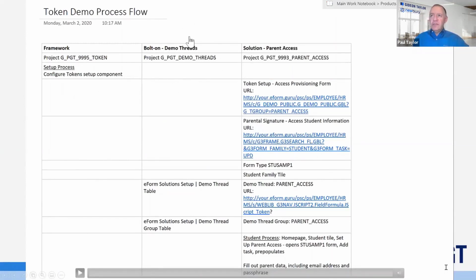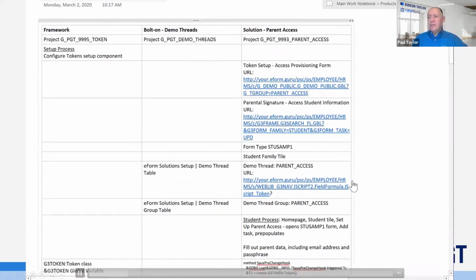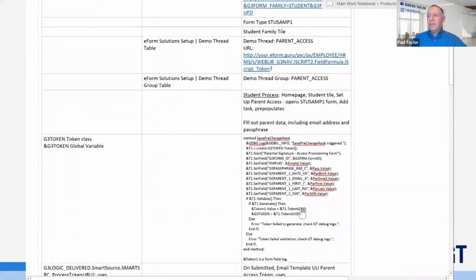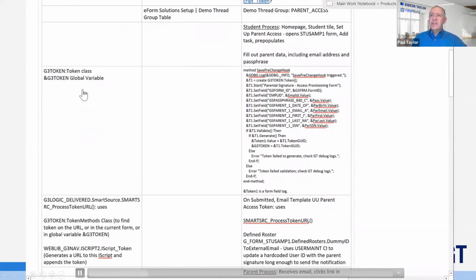We used some internal tech, a little bolt-on called our demo thread tool, and then we did some development for the parent access solution itself. And it is a fairly robust solution. You'll see, and you can get access to this deck and this video, look through how this was done, and where we added everything. You can see the code that we used to store the information in our token class,